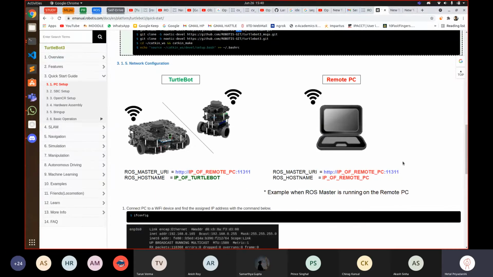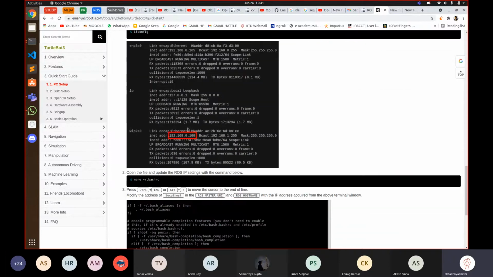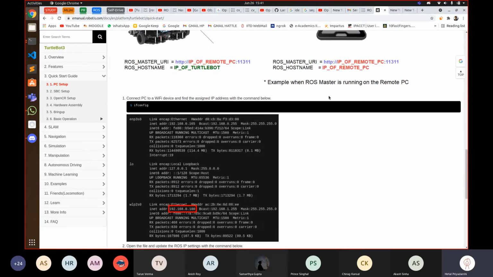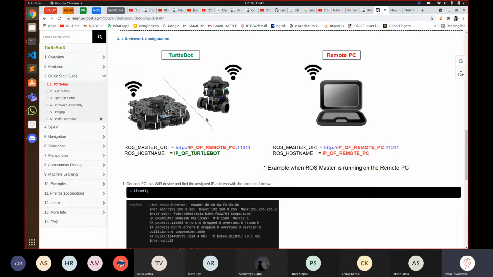All you have to do is set the ROS master IP, which I'll show you how it's done. And the other thing would be setting up your robot name, which robot version you're using. For example, this taller robot is called TurtleBot Burger, and this is TurtleBot Waffle.